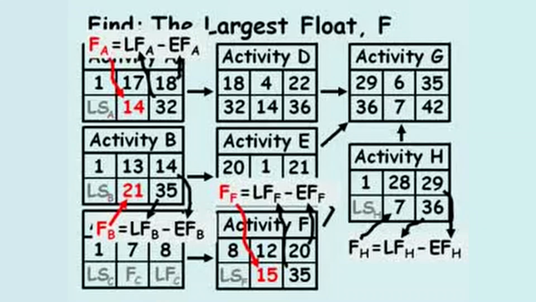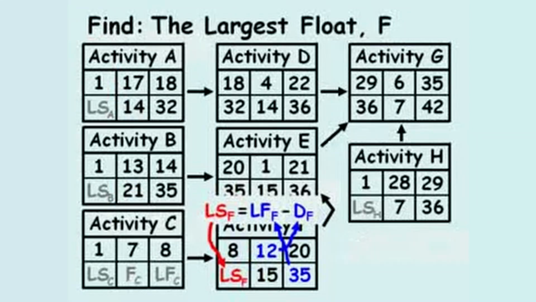The late start of activity F equals 35 minus 12, which equals 23. 23 is also the latest finish of activity C, which means the total float